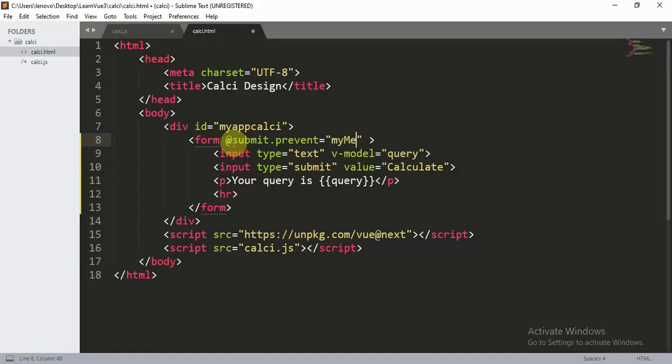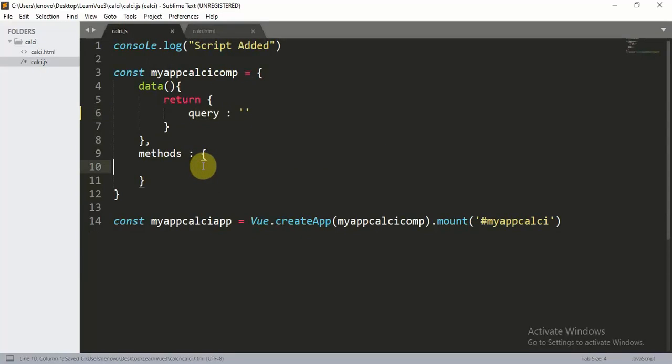So this should call my method, or you can define this my eval function. You need to define this my eval here, and this is a function which is going to be called, and what you need to do,